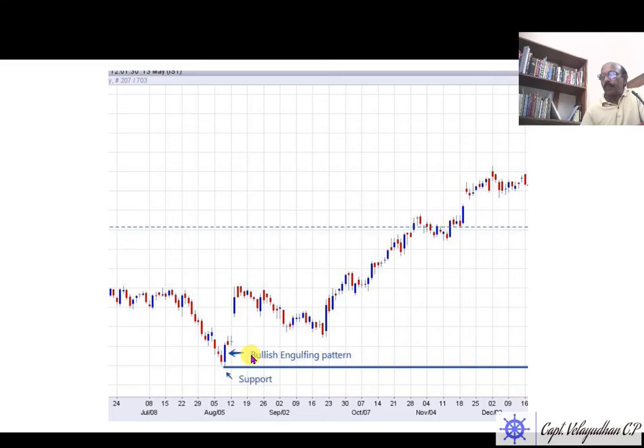And from there you can see the market moved up, and here you can see a big gap, and this is a support area for the market. The lower end of the engulfing candle is the support. So far the market is in an uptrend, it is not breached. This is how to analyze the chart when you see a candle.